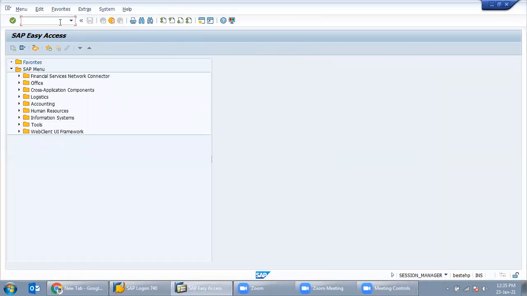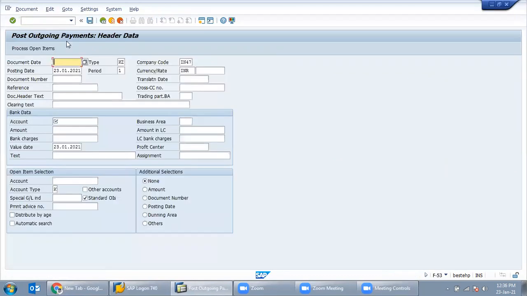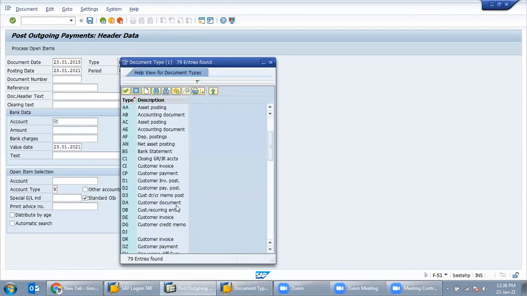So payment can be done through the F-53 T-code. Here we need to put the date. The type of document is KZ. KZ means vendor payment, KR means vendor invoice. So we are doing a vendor payment.